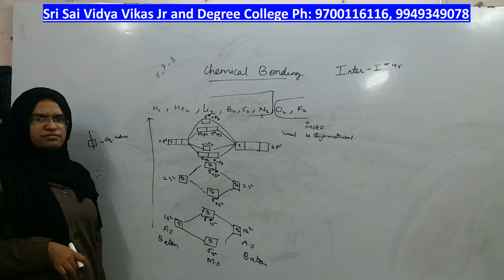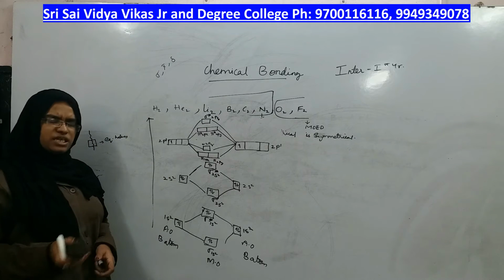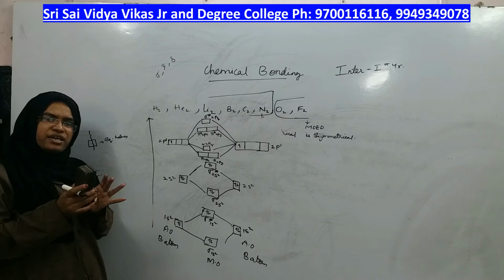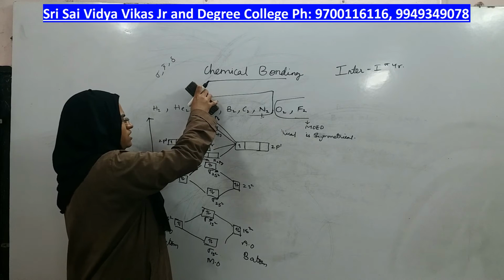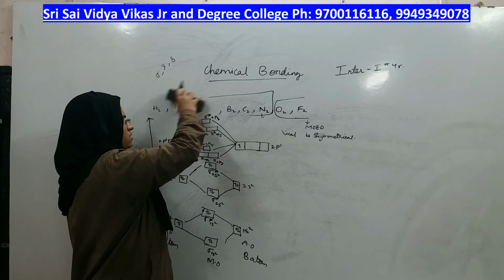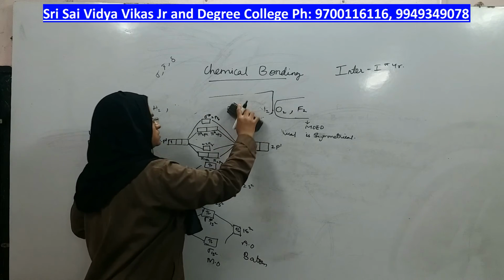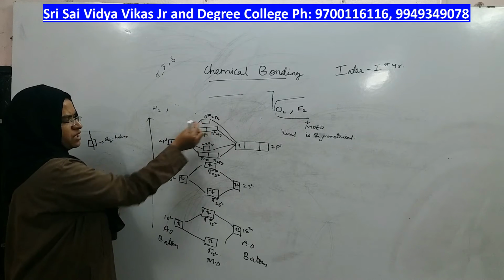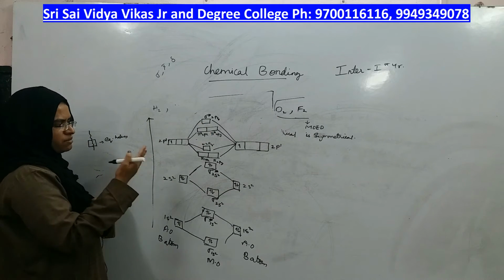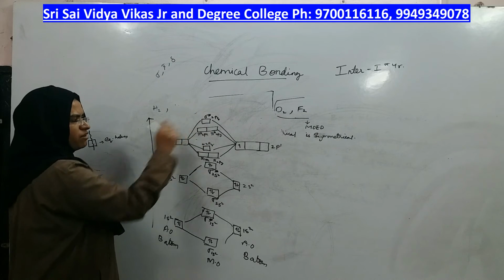Please draw these diagrams in your notes, because in the textbook they are all combined together for all the molecules. It's not segregated for each and every molecule. Okay? Right, so actually its name should be written below the atomic orbital, but because there is no space, I am writing above the orbital.